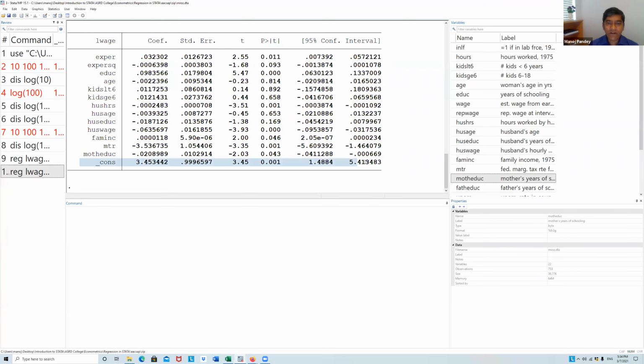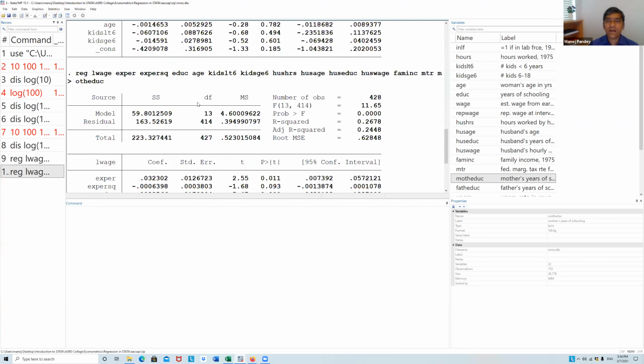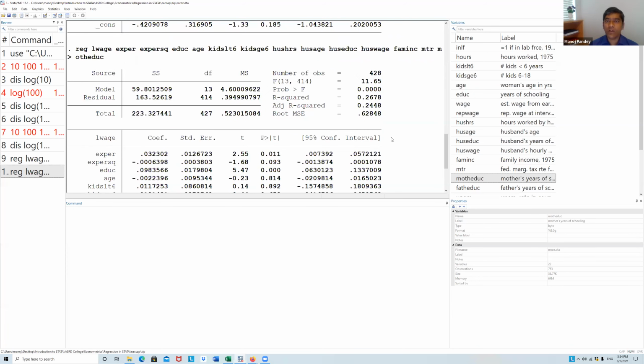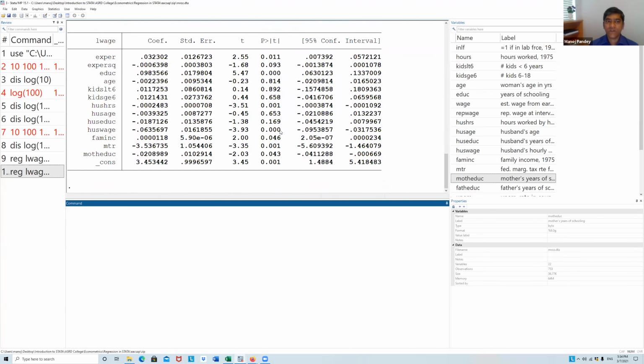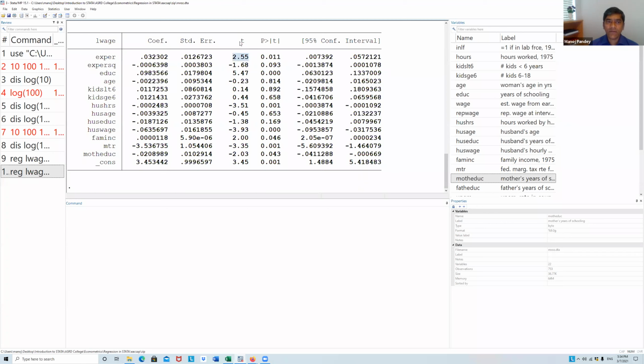Okay, and then you have intercept here, which is the constant. So this regression command will give you all these numbers here. And I believe there is a rule of thumb that if mod of t is greater than 2, then you can think that it will be significant.